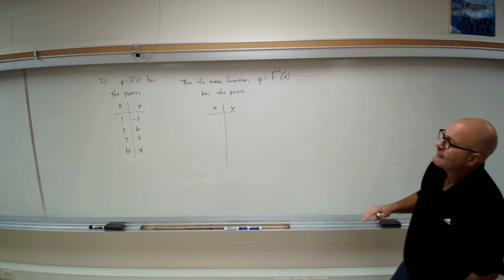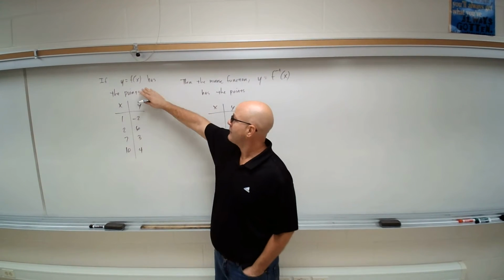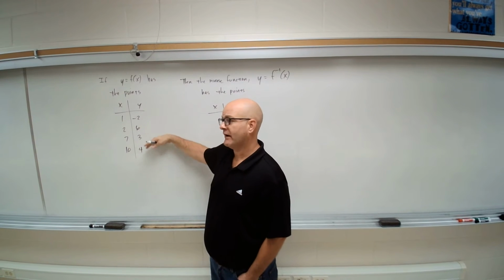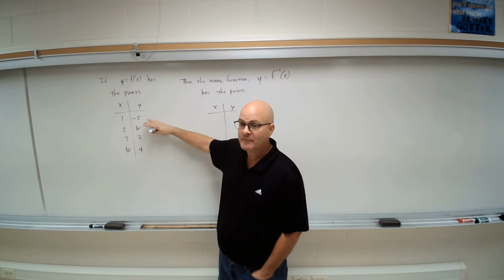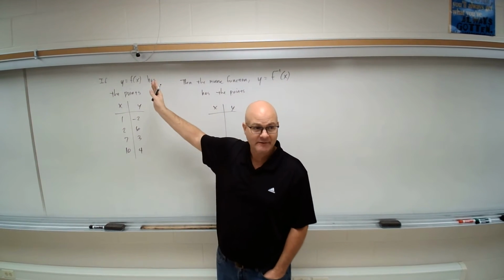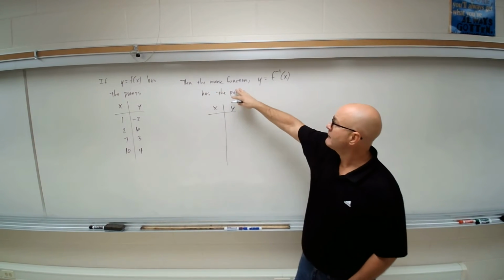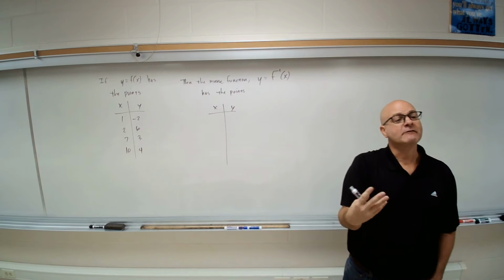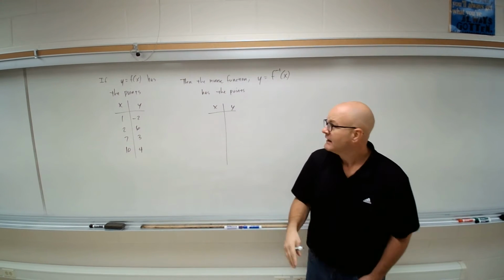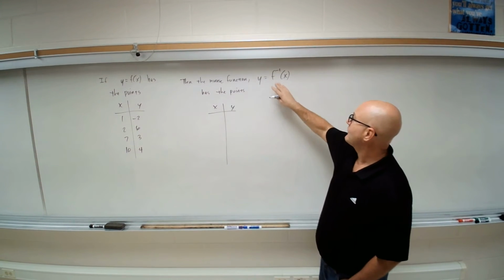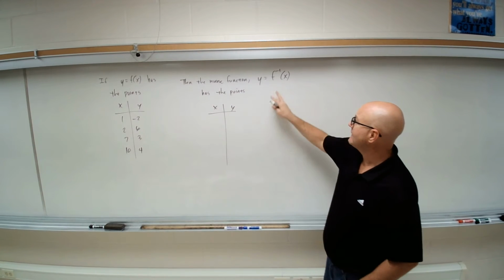Okay, so again, if we have some initial function y equals f of x and it has these four ordered pairs on it. I completely made these up. There's no rule for this. These are just random numbers I picked out of thin air. But what we'll do is, if we have the inverse function, and we'll talk about what that means, y equals f inverse of x is how we write the inverse function,